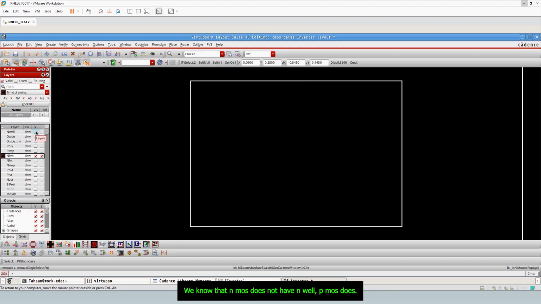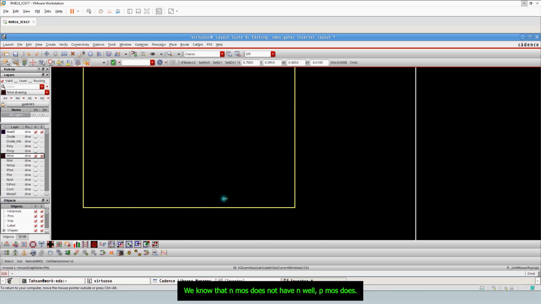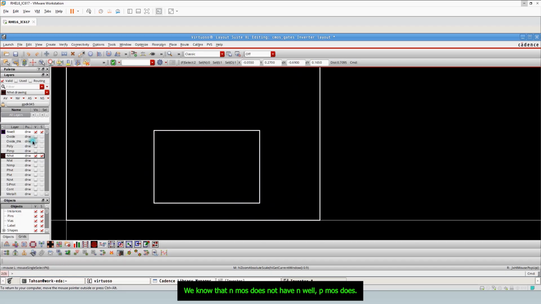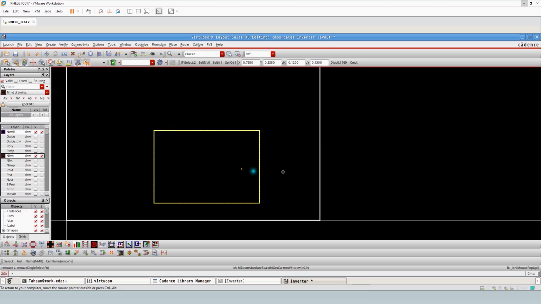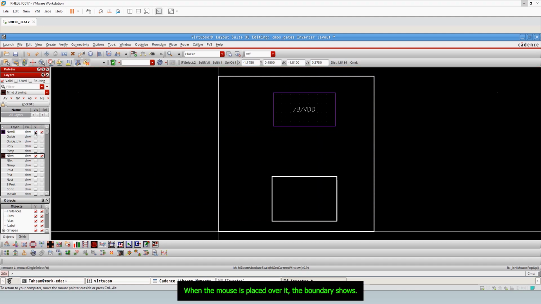We know that NMOS does not have N-well, PMOS does. When the mouse is placed over it, the boundary shows.